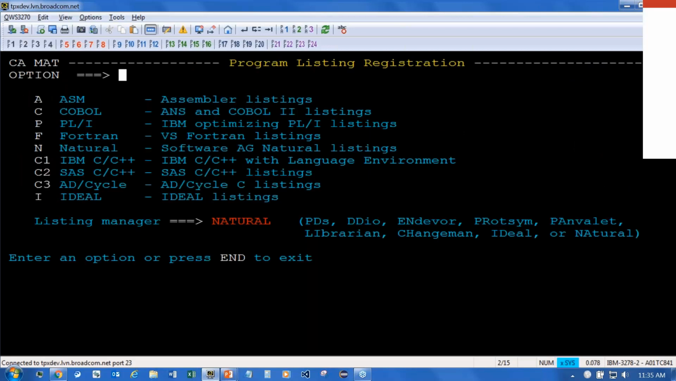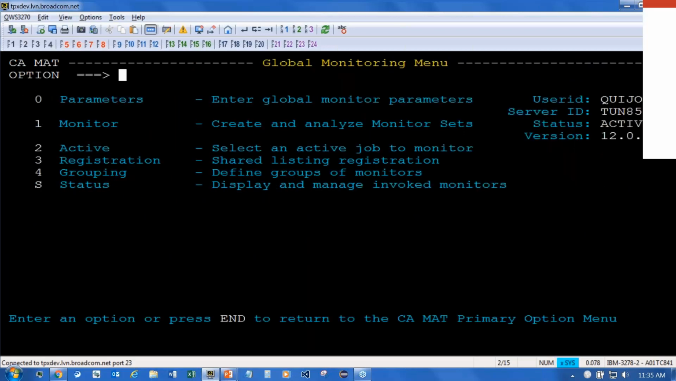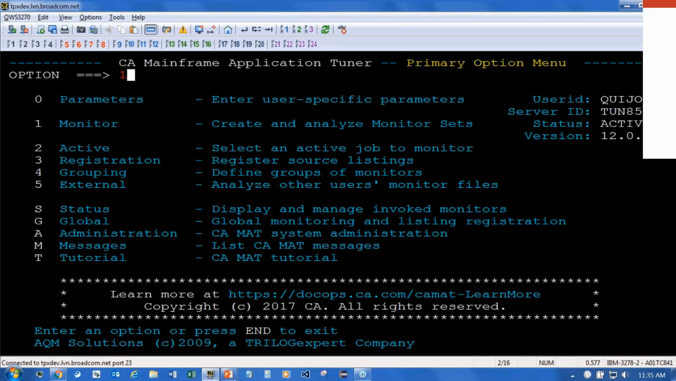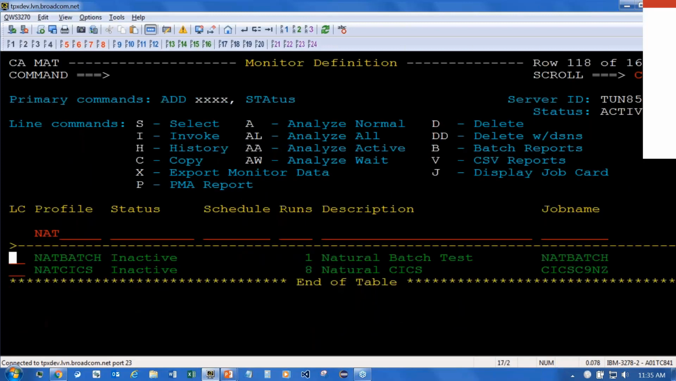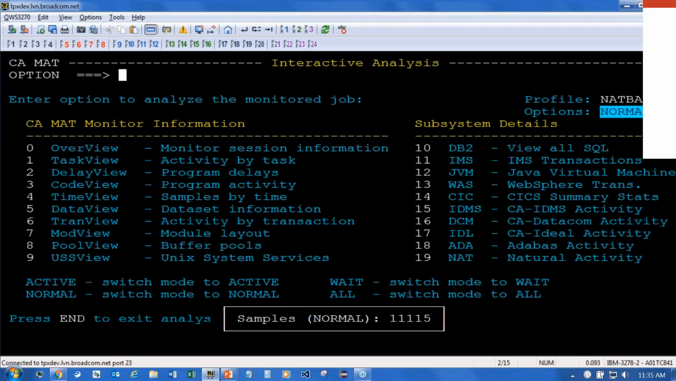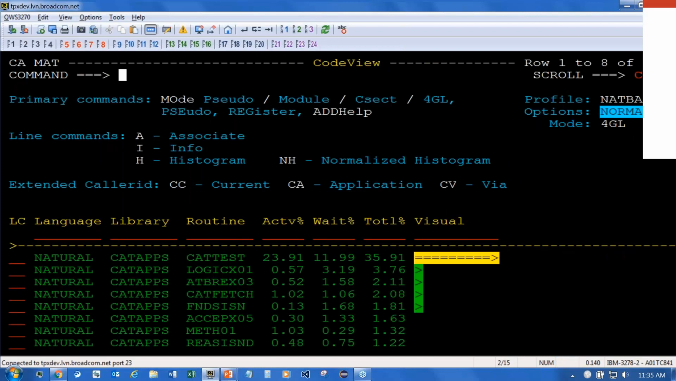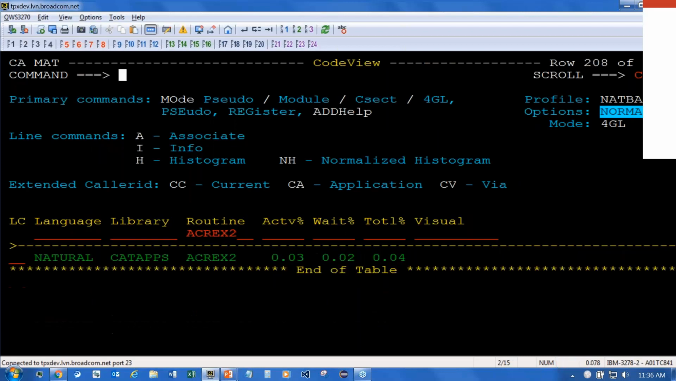If I come back out of here one more time and go to the local monitor, NAT, analyze that, and go to Natural activity, filter this list on ACREX2. If I do a histogram on this,